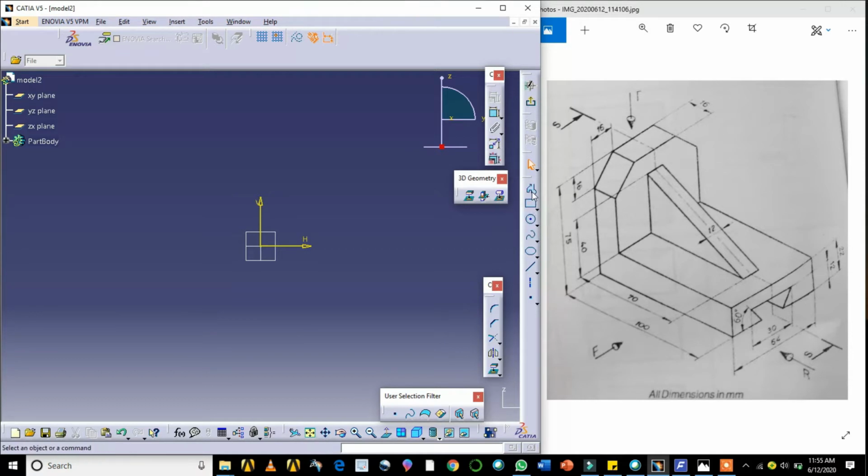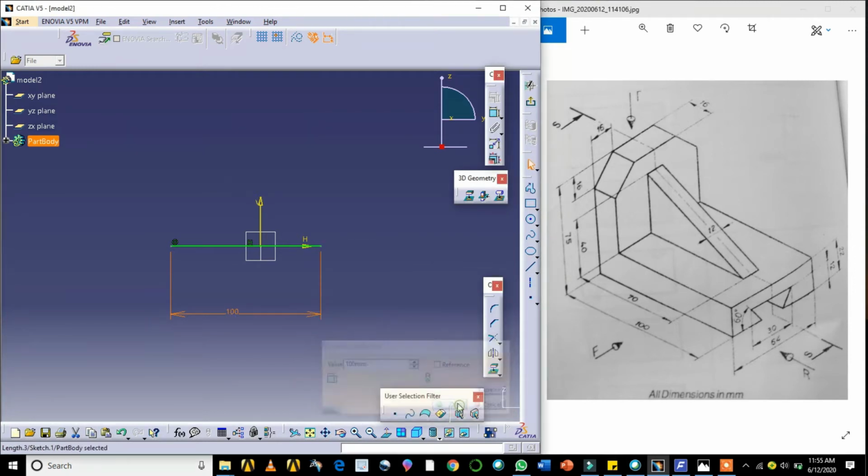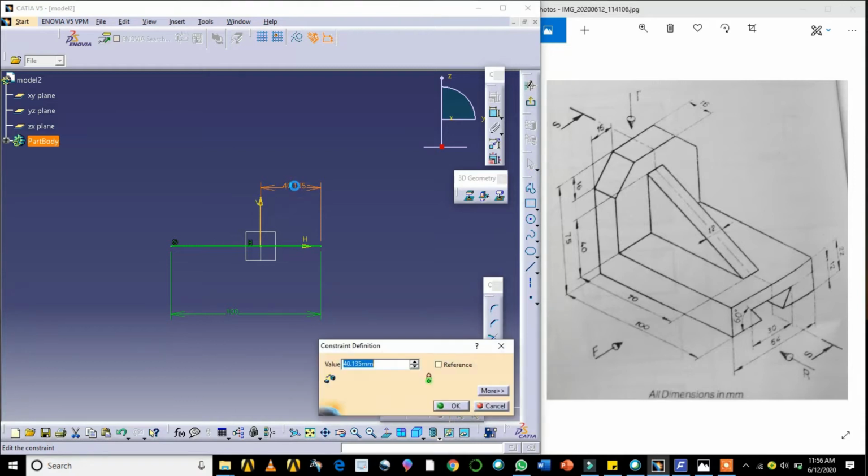Under sketch, I'll take this command. First of all, I'll draw a line of 100 mm. From here to here, I'll take exactly half of 100, which is 50.